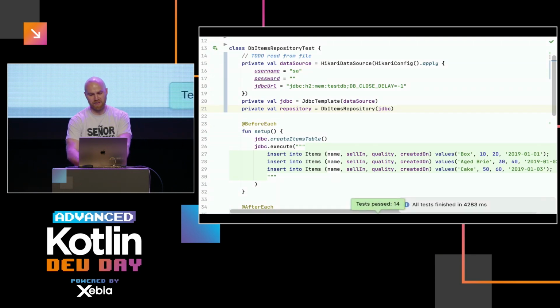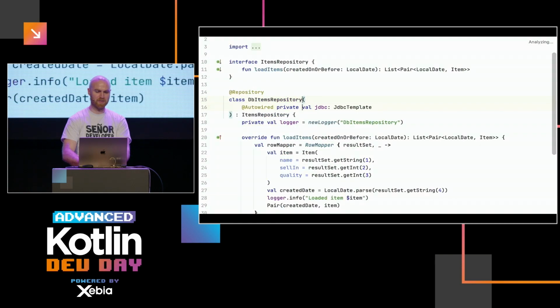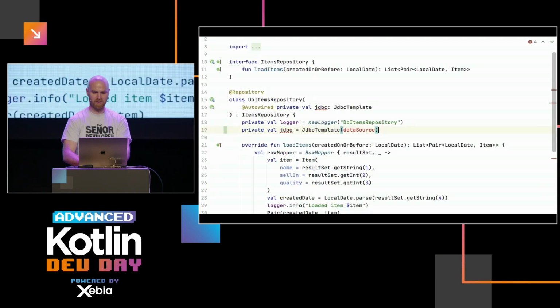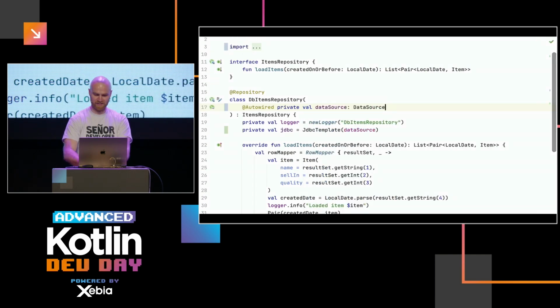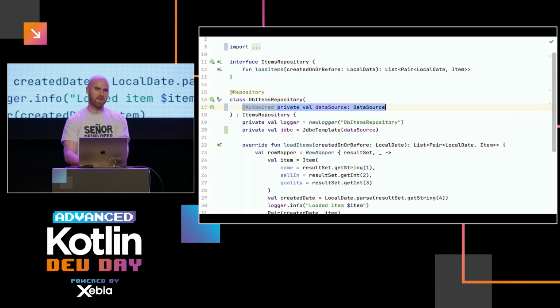One thing, though, which I think is a bit funny here, is why DB items repository takes JDBC template, which is a very Spring-specific thing. Maybe we should be passing a data source in, right? So JDBC could be an implementation detail here, and instead we could pass a data source like this. And then this would be a data source. Hopefully Spring will just do it for us. That's a cool thing, that maybe it can just do it. So if I run this again, yeah, it works. I think this is a thing that happens when Spring makes things so easy to inject: it doesn't force you to think about what you're injecting, you can just inject whatever. So this is a good change.